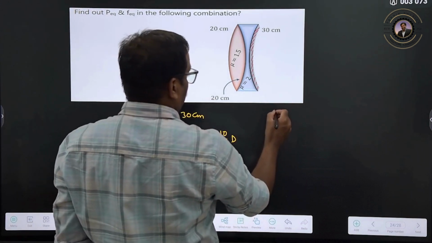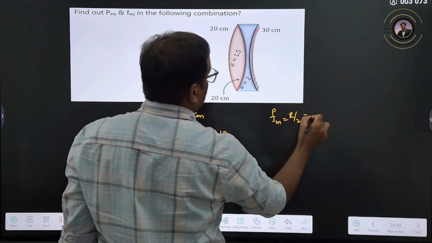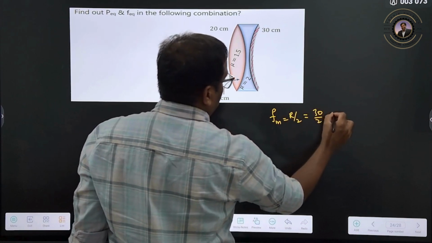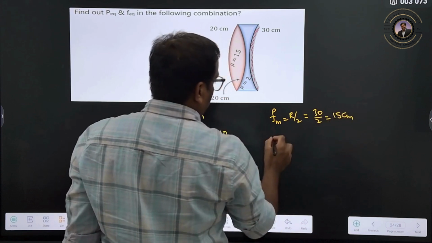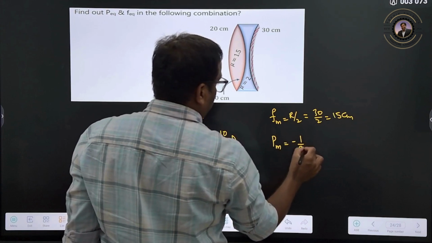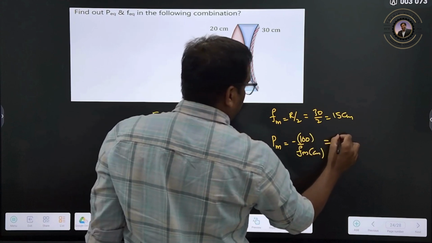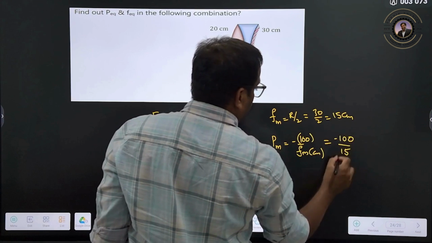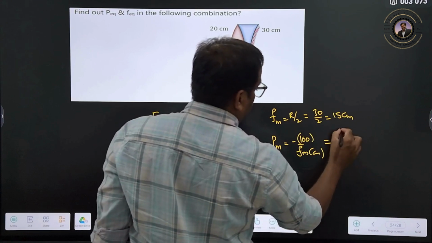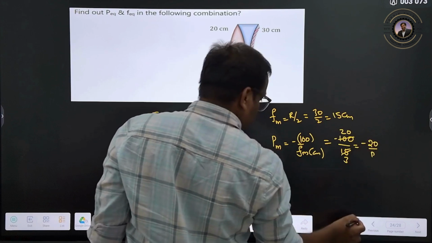So now focal length of the mirror, we can write r by 2, so 30 by 2, therefore 15 centimeter. Power of the mirror can be written as 1 by focal length, that is 100 by focal length in centimeters, minus 100 by 15. So 5 3s are 15, 5 20s are 100, minus 20 by 3